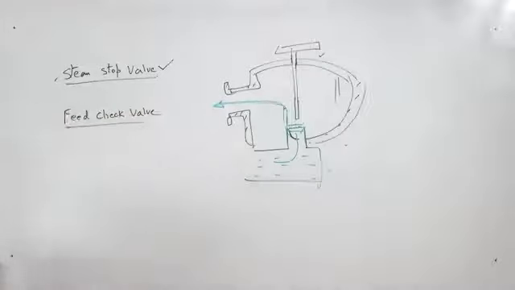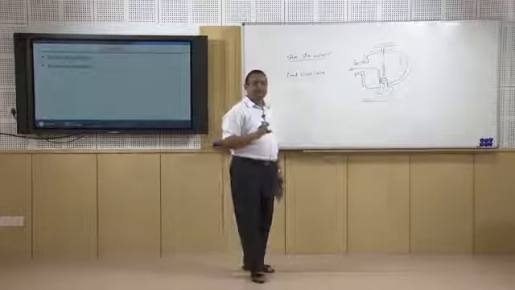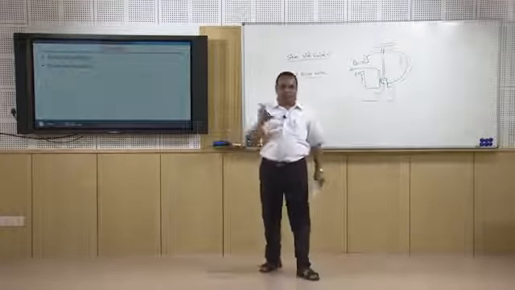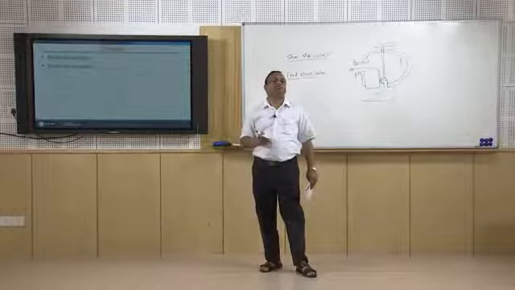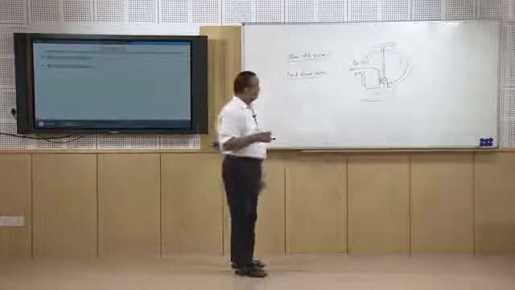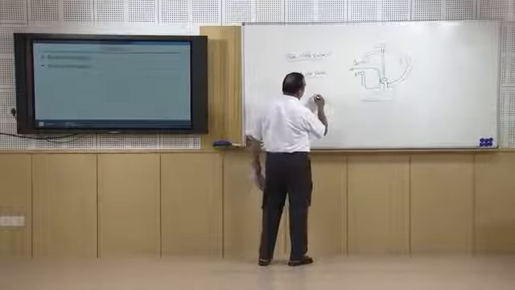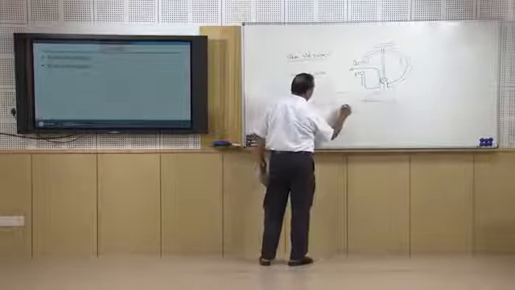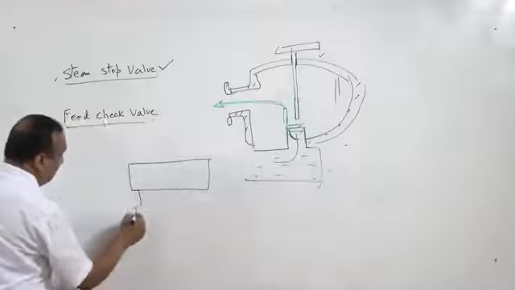In addition to this, a boiler has a manhole. It is simply a hole in the boiler shell or in the body of the boiler, just for inspection and maintenance purposes. A boiler has a blow off cock. The blow off cock is placed in the bottom side of the boiler.